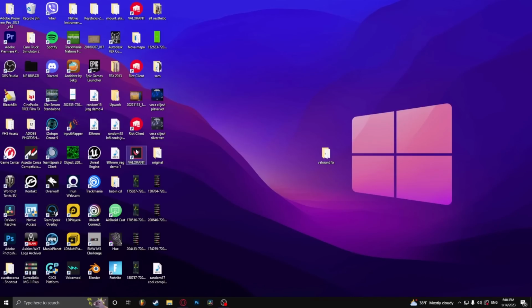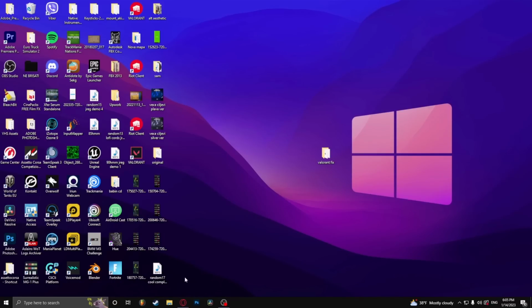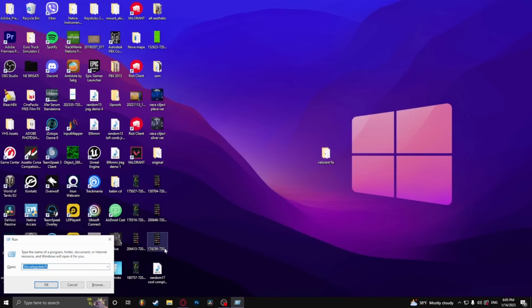After that, right click on Valorant and then run as administrator. After that, it's going to be installing Riot Vanguard, and after it's finished, you need to restart your PC to play the game again. If that doesn't work, press the Windows key and R at the same time and type